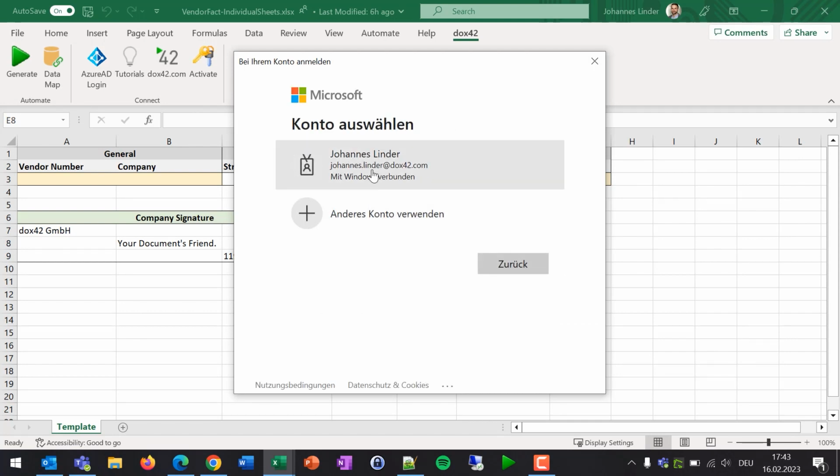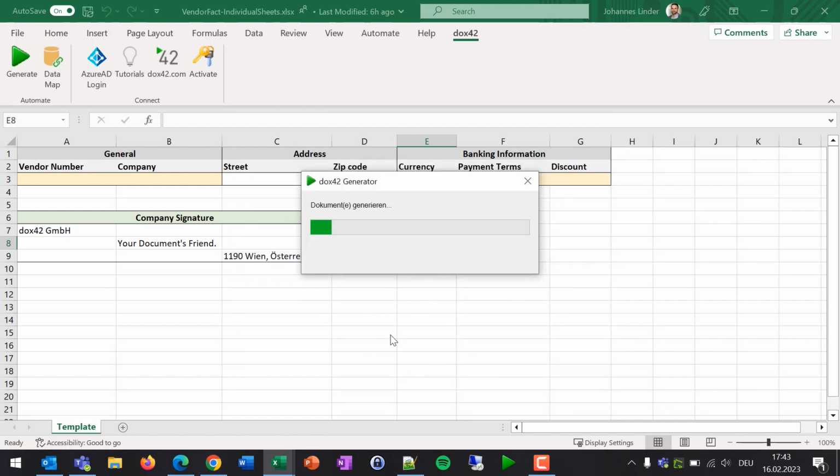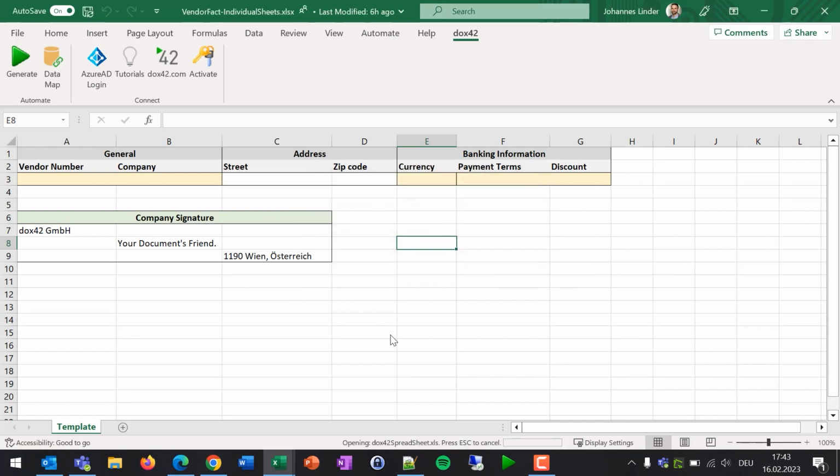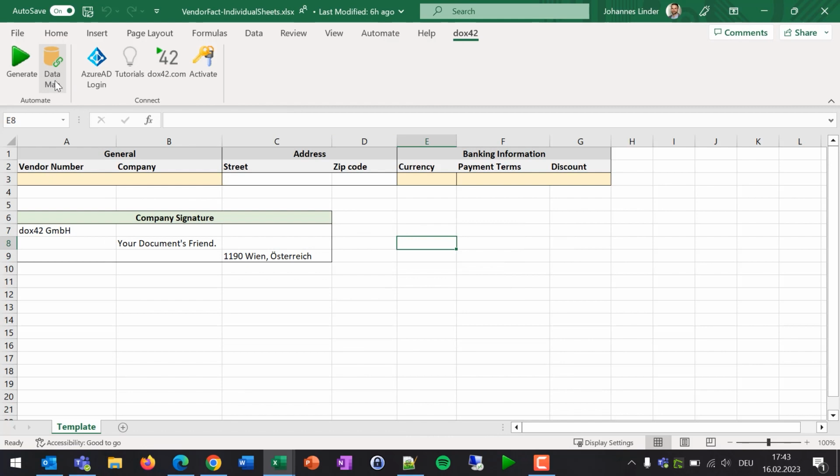I'm always, of course, logging in with Azure Active Directory, which is very important, and with the color record filter, I can also, of course, test this entire document locally. And similar to what we've already previously seen in what Moritz has shown us, this of course works the same way in the template design. It's just that in this case, it's integrating finance and operations data, which if we have a look into the data mapping,